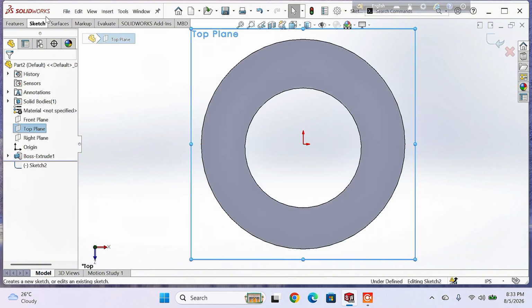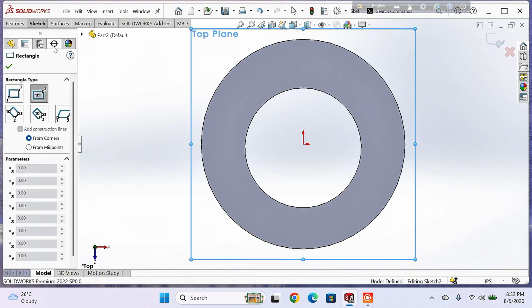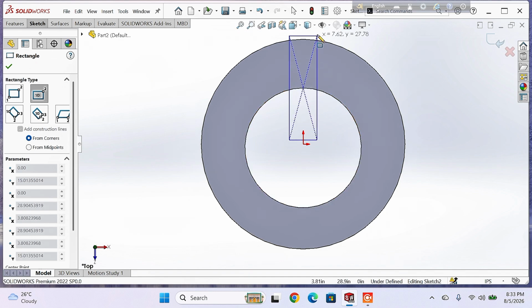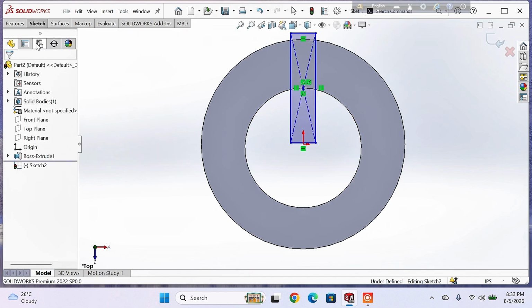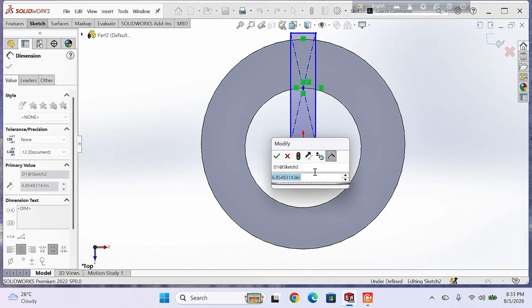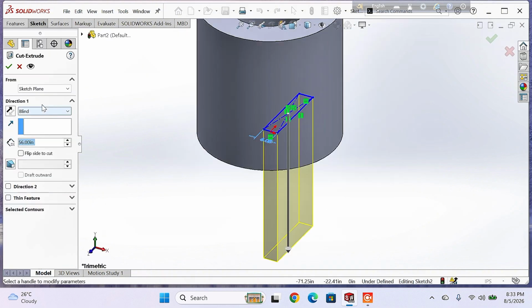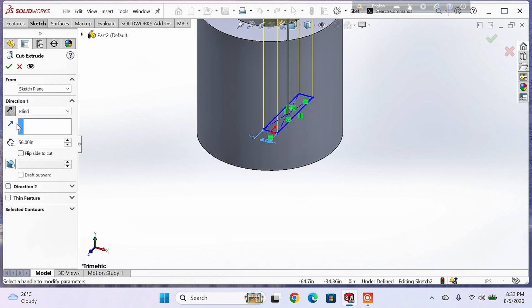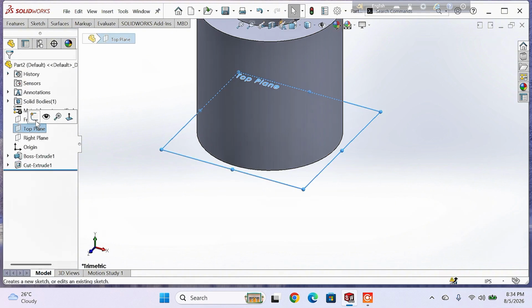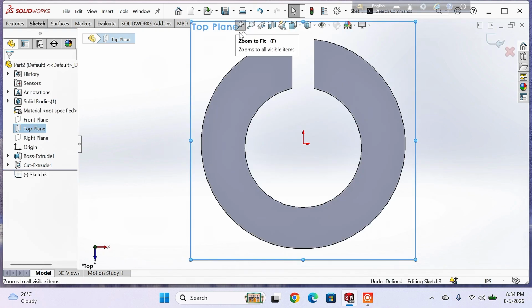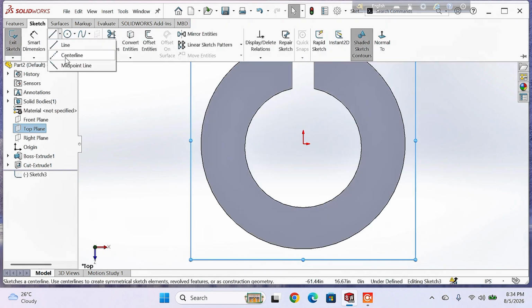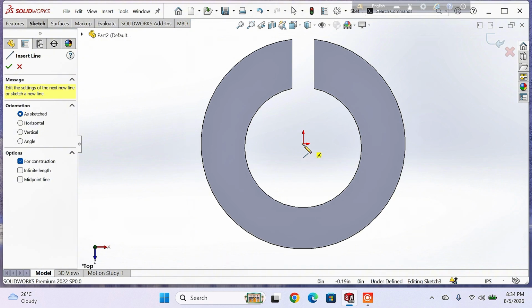Now go to top plane, again select rectangle command, draw a rectangle here, select smart dimension, give dimension 6, then go feature and select extrude cut, select opposite, give 56, enter, then OK. Again go top plane, zoom fit, select a center line, draw a center line here,